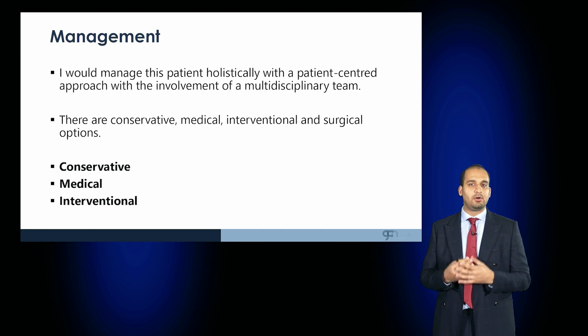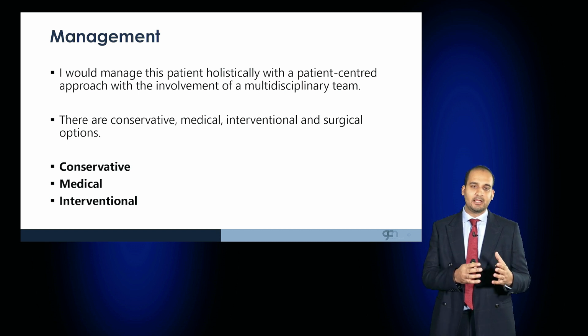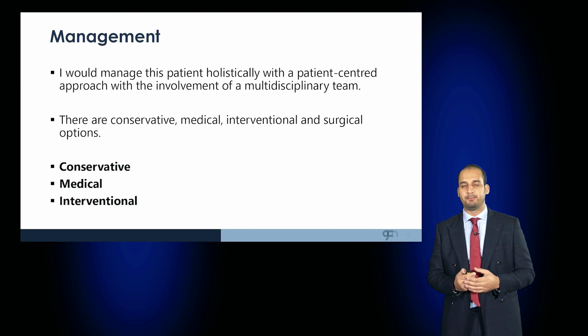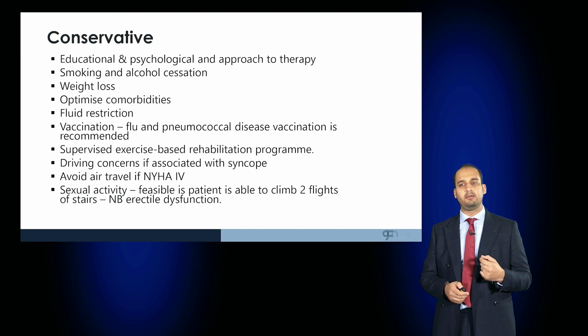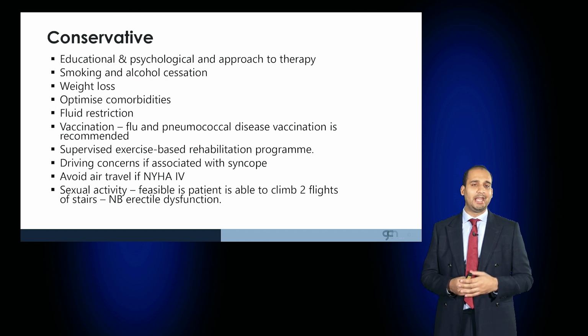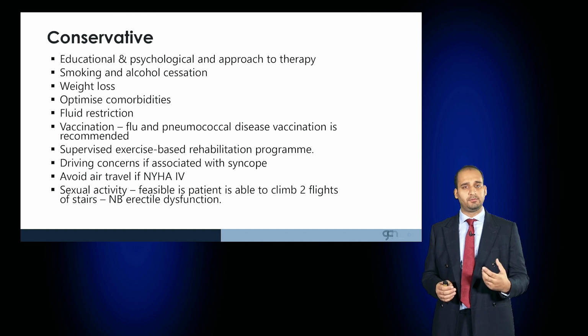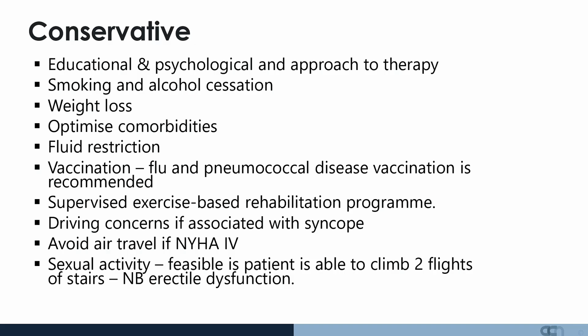You should advocate holistic, patient-centered management using a multidisciplinary team. Conservative medical and interventional measures may be required. Conservatively, it's very important to educate the patient, as well as to provide psychological support. Advocate smoking and alcohol cessation, weight loss if indicated, optimize any comorbidities, offer fluid restriction to reduce the stress on the heart. Vaccination may be required, particularly the flu and pneumococcal annual vaccination is recommended, a supervised exercise-based rehabilitation program,